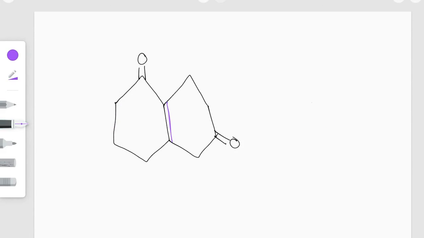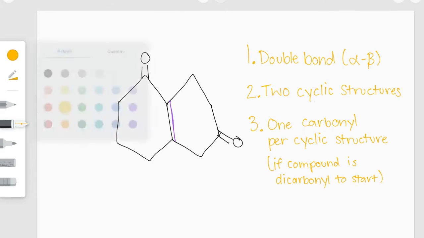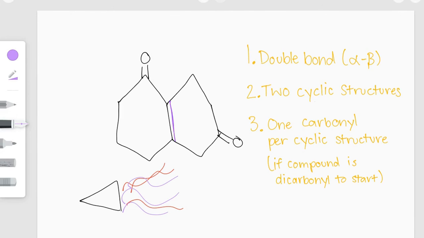Now that we have our Robinson annulation product, we can check to make sure we've done everything correctly. First, we want to make sure we have an alpha-beta double bond. Second, we want to make sure we have 2 cyclic structures. And third, we want to make sure we have a carbonyl functional group on each of the cyclic structures. Now that you've checked for these 3 things, you have your Robinson